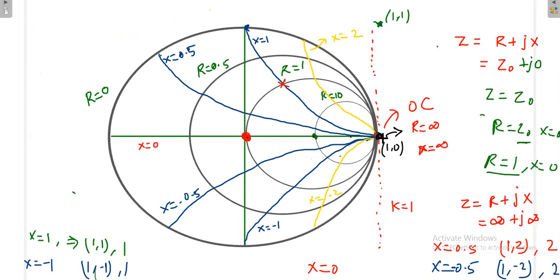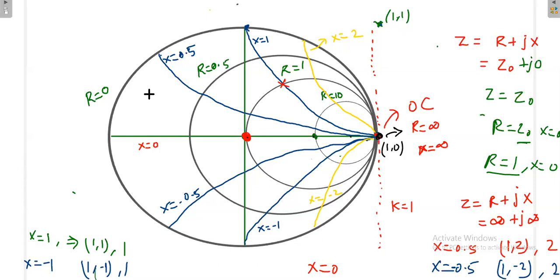The another name for this line is k is equal to 1 line, because at this point you will get the reflection coefficient as 1, then you can call it as a k is equal to 1 line. Okay, so circles having center at k is equal to 1 line, or otherwise that is something similar to small x is equal to 1. Don't confuse with the capital X. Capital X is used for reactance. Small x is used for like a coordinate system.